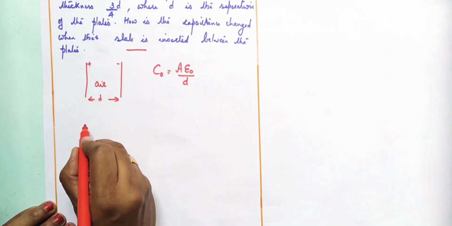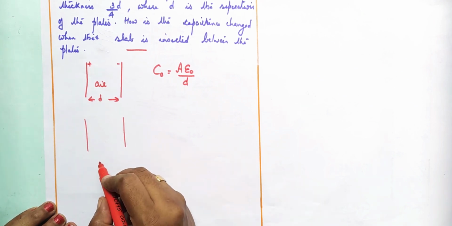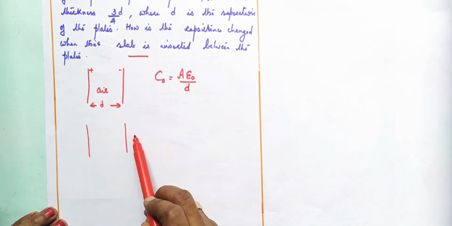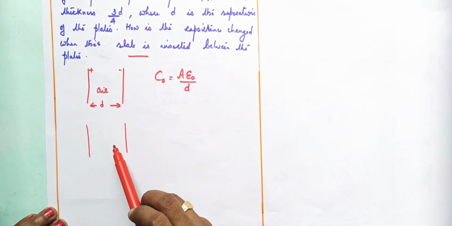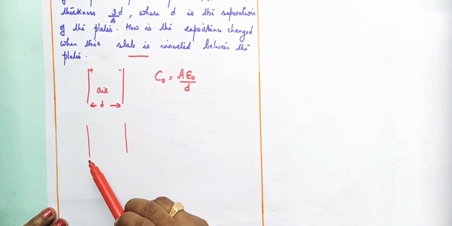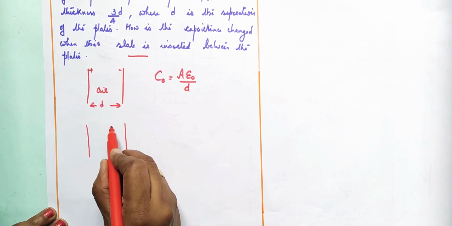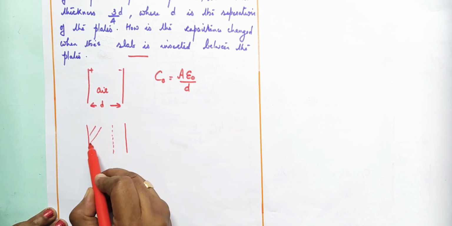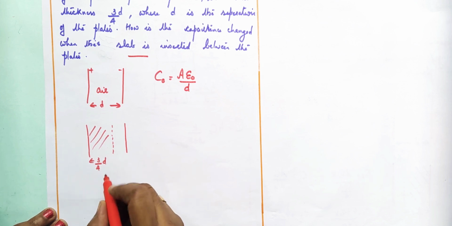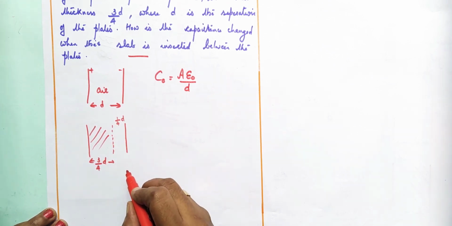Then the next case is, if the same capacitor is taken and a dielectric plate is placed in between. Here the dielectric plate has thickness 3 by 4 D. That means between the two plates the dielectric plate is not placed completely. The separation is not completely filled with the dielectric material. Only 3 by 4 is filled with dielectric material and the remaining is still air. So that's a change in the question. So the second part is, a dielectric plate is placed. What is its thickness? 3D by 4. And the remaining is 1 by 4 D, no? D by 4. That is still air.